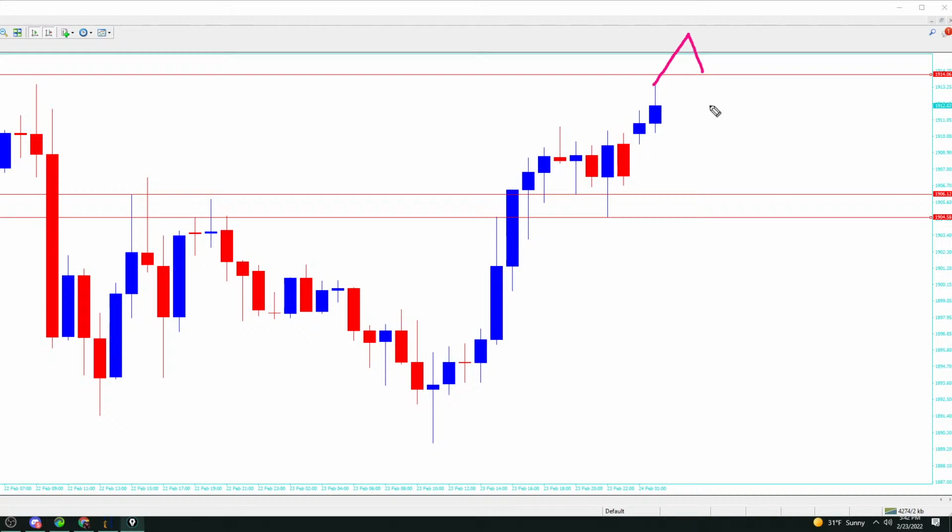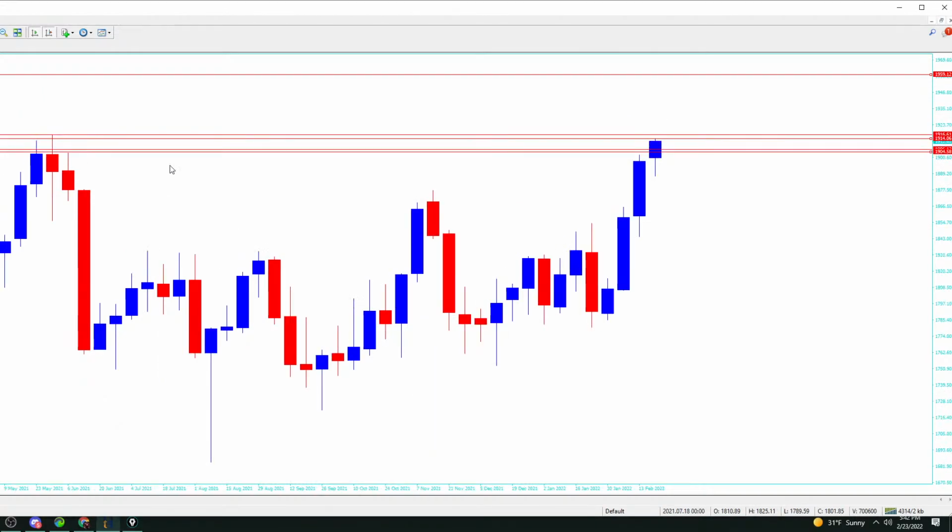So if we want to buy again, we can buy again up above 1914, but we'd want to make sure it's not a false breakout. We'd want it to pull back to that 1914 area, and then we'd want that same pattern, right? That tail at the bottom longer than the body. And if it gets past that 1915, 1916 area, remember what we talked about earlier in the stream. Not everyone was here, so we'll go back to it. If it gets past that 1916 area,